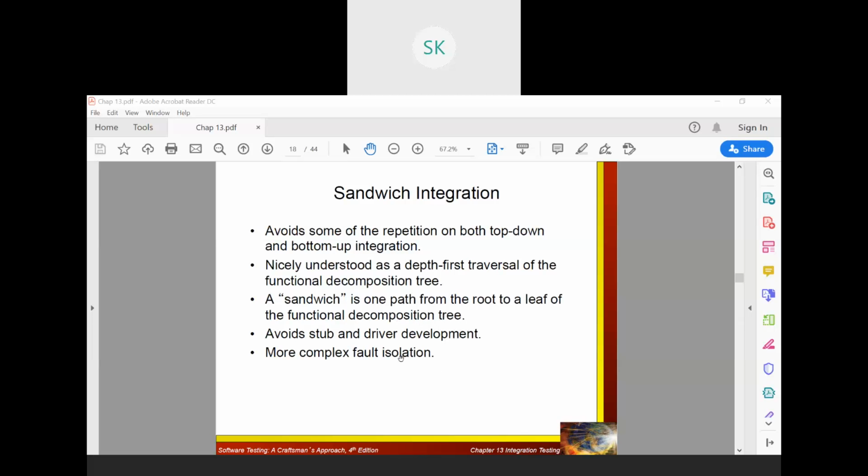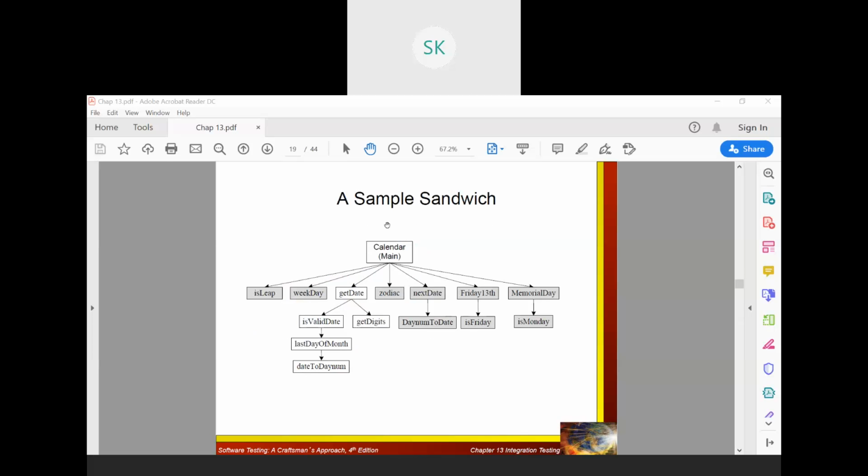It will be a complex one. It will not be the same resultant whatever we have just seen. So the sample of sandwich, that is what they have given. Sandwich is nothing but both the things should be done properly. So calendar will call the get date. From the get date, you need to get the valid date. With respect to the valid date, the last date of the month, the date will be taken care of. Once again, the reverse of it. Once it gets to the get date, it needs to check for the get digits, and then it needs to go with the calendar function.